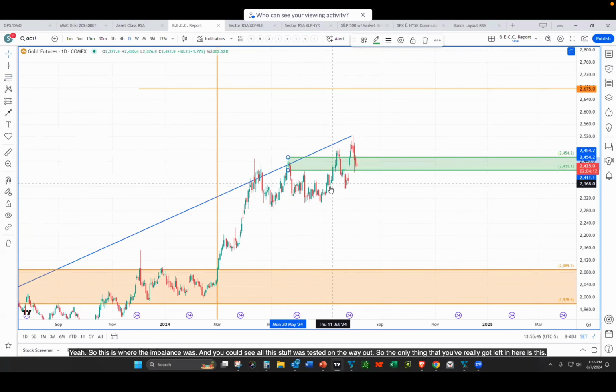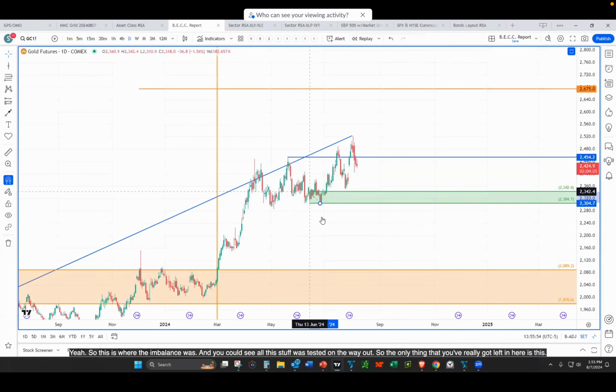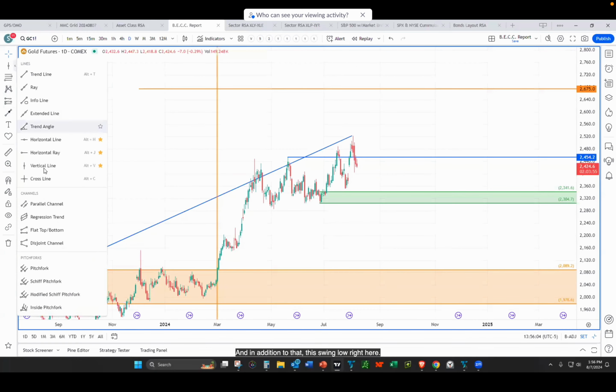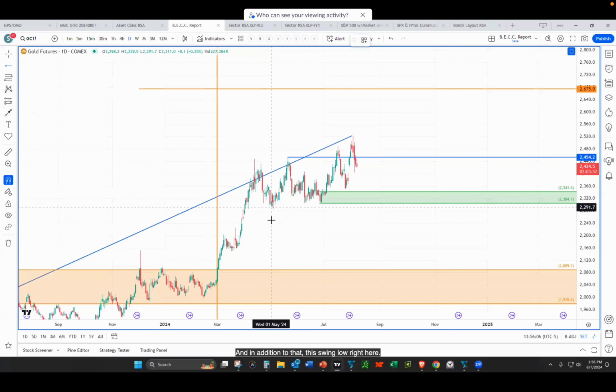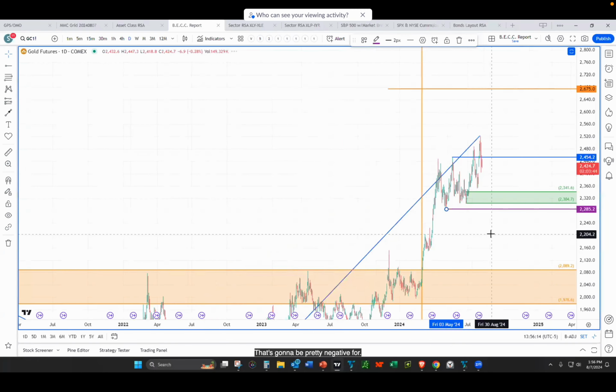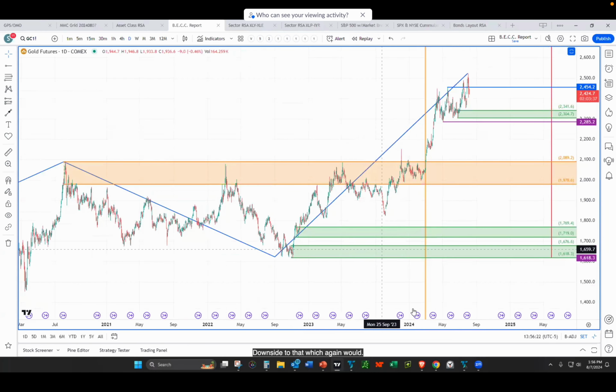Yeah, so this is where the imbalance was, and you can see all this stuff was tested on the way out. So the only thing that you've really got left in here is this, that would be 2341.60 to 2304. And in addition to that, this swing low right here is your major swing low on the daily chart. So if we do get weekly to monthly closes down below that 2285 area, that's going to be pretty negative for not only gold, but also commodities as a group, because we could see downside to that, which again would